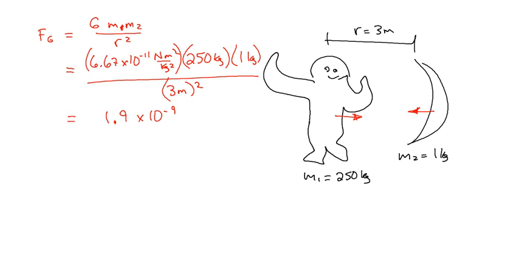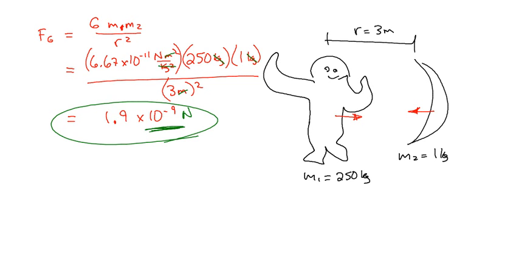On the units, you can see here that I've got a kilogram and a kilogram, which cancel the kilogram squared. Here's a meter, which gets squared, which cancels that meter squared. The only unit left is newtons, which makes sense because we were looking for a force, right? But that's what happens with a gorilla and a banana. 10 to the negative 9 newtons. That's what, a thousandth of a millionth of a